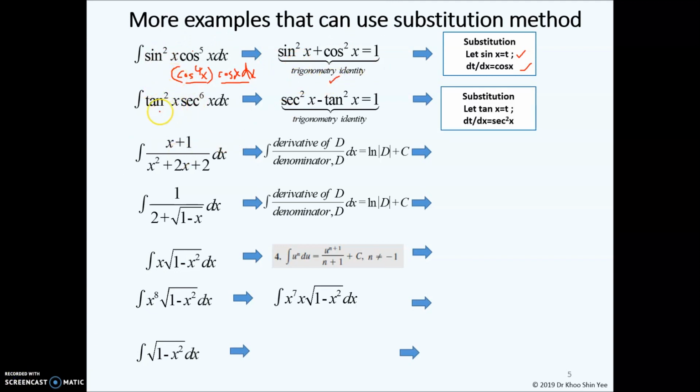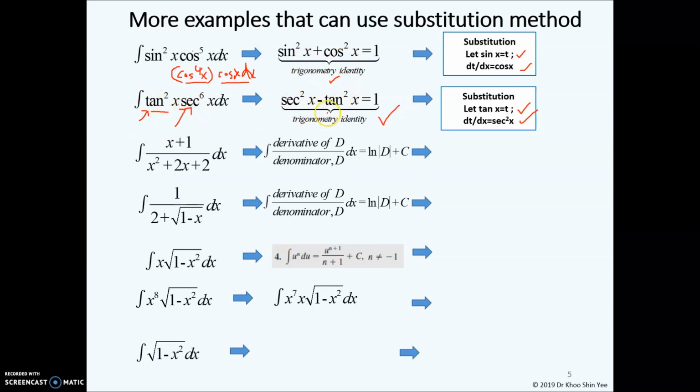Then for the second case, you can see that this is tangent. If you differentiate tangent, you get secant squared. So that means that you can directly use this substitution to solve the problem. And tangent and secant, you should know that the relationship is in this form. Okay, always refer to your identity when you deal with a function where you have a lot of trigonometric terms, then use